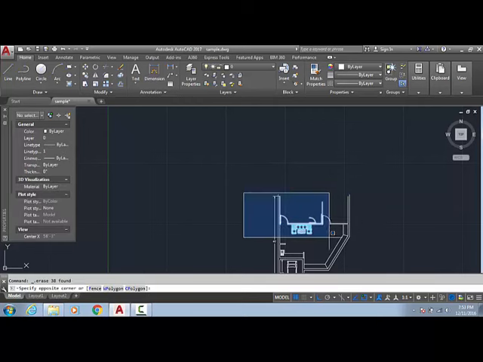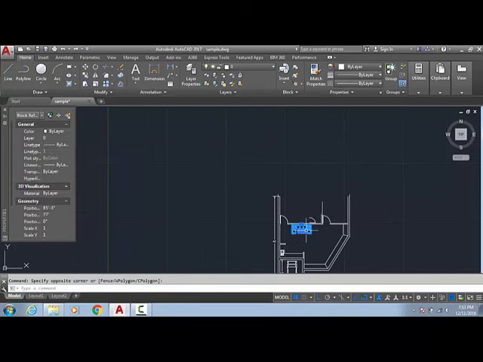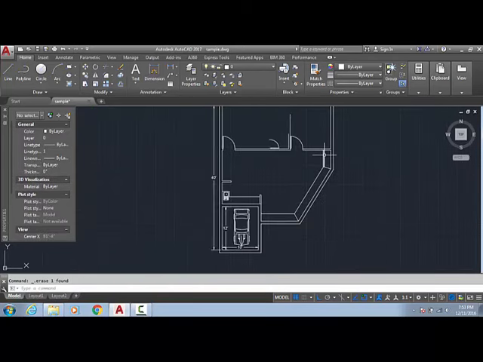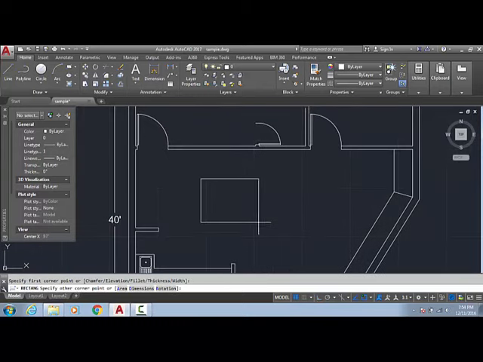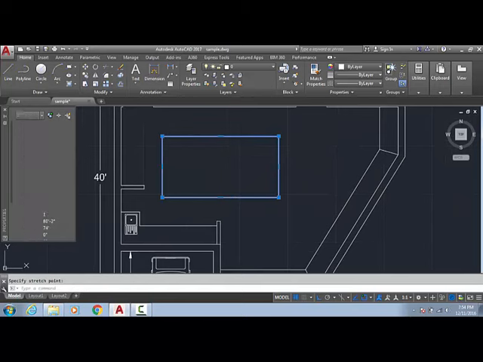Just think we are working in any other plan. We have this kitchen and this is the cutting area. For example, this one is our cutting desk, I'm just giving you an example.